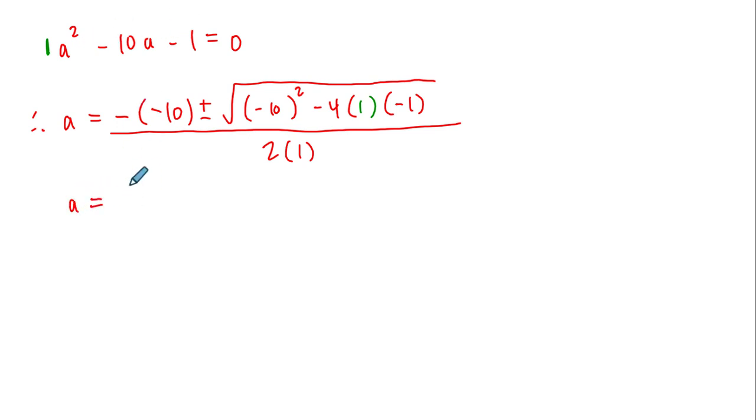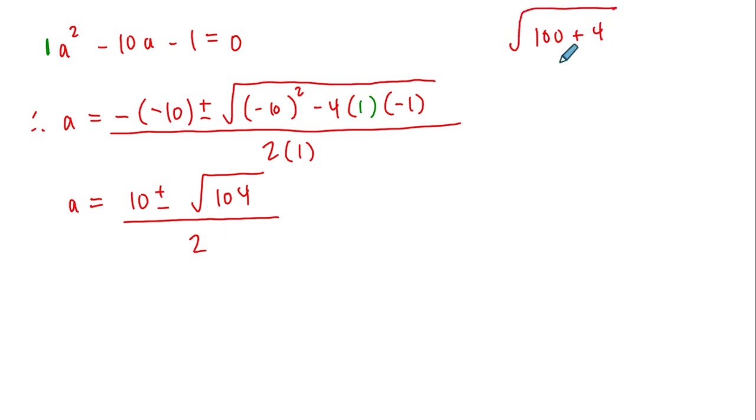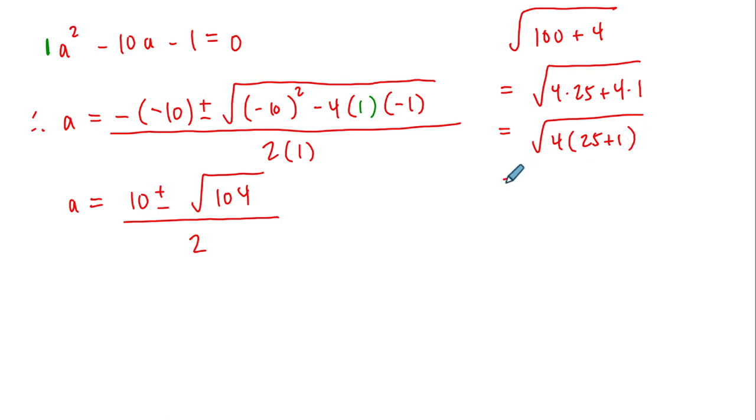So we end up getting a equals positive 10 plus or minus this discriminant, which is going to give me 100, and then negative times negative is positive, and 4 times 1 times 1 is 4. So plus or minus the square root of 104, all divided by 2. So I'm actually going to look at that 104 like this, and I'm going to see that I have 4 times 25 plus 4 times 1. And I can factor a 4 out of this, so I get 4 times 25 plus 1, which is still